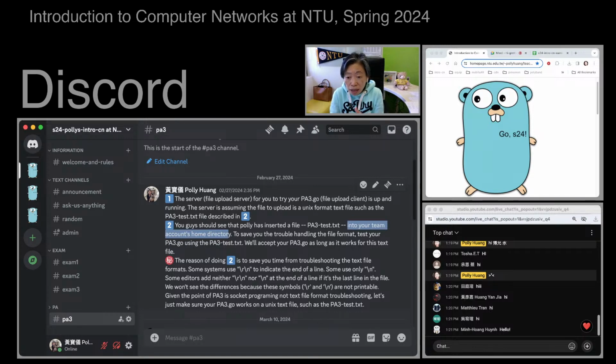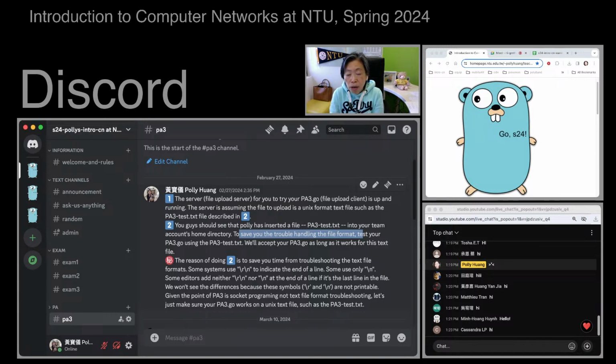In fact, I would like you to test your pa3.go on the file in your home directory exactly. This is to save you the trouble of handling the text file formats, because these text files, although they all come in .txt file name extension, can be in different formats depending on the operating system you use and the editor you use to generate the text file.